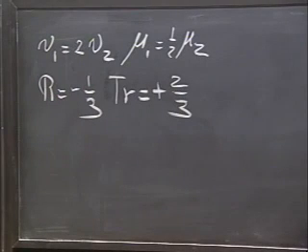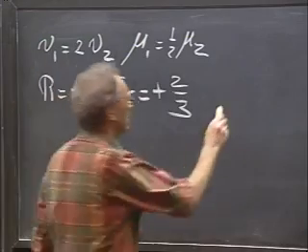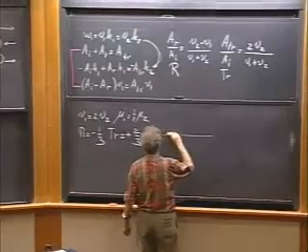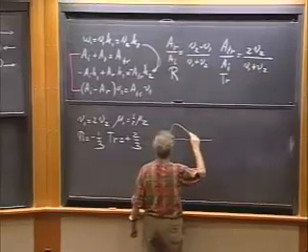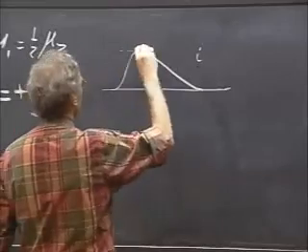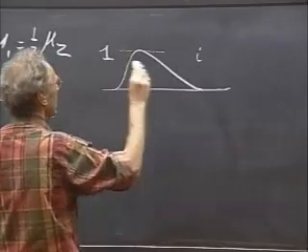That's just a matter of sticking those numbers in. And that means the following: if this is my incident wave, and the incident one, say, has an amplitude 1, and is moving in this direction,